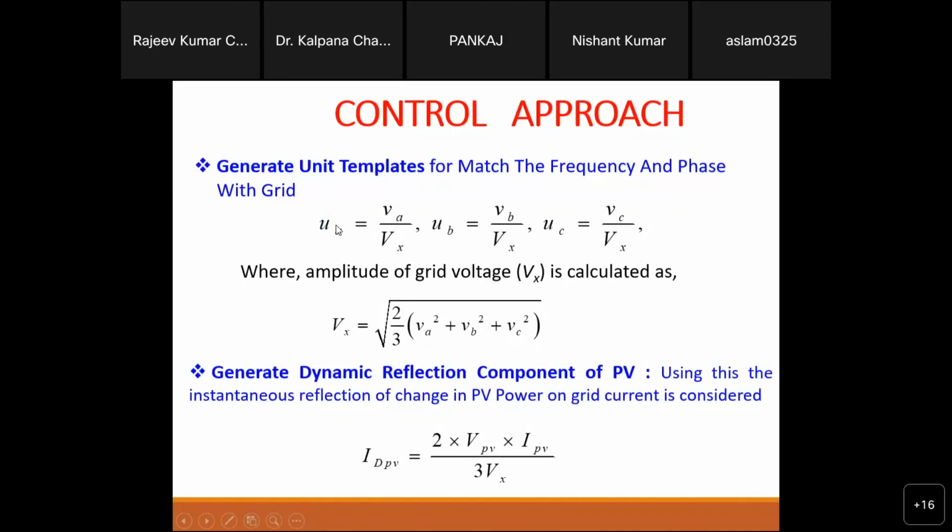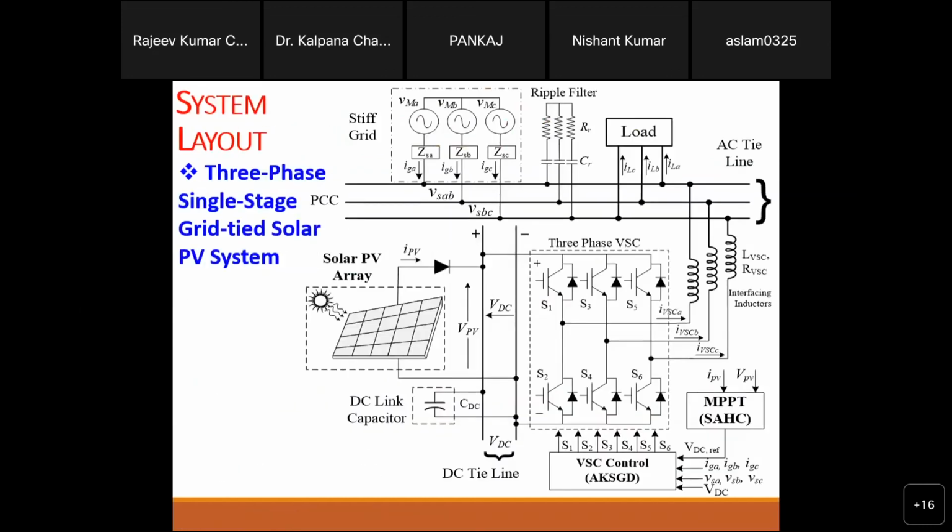So at that time, what we will do is generate this UA, UB, UC intentionally at the base of 50 hertz, right? And here sequence matching is not important because we don't have a grid. So we can generate any sequence. It means this is at zero, this is at 120 degrees, and this is at 240 degrees, and then we can operate the same system like that. That is the voltage control mode.